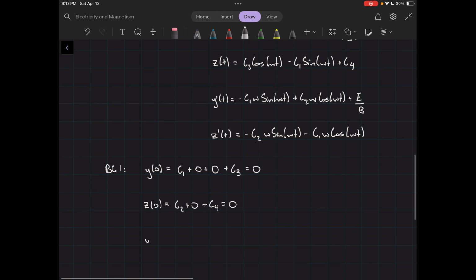Now y prime is going to become 0 plus omega c2 plus E over B,